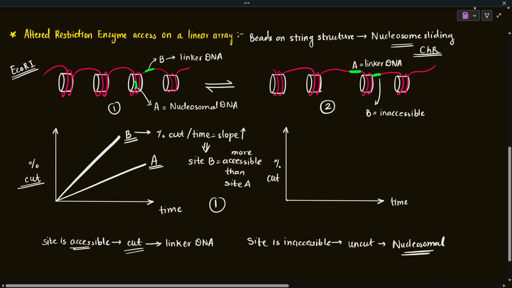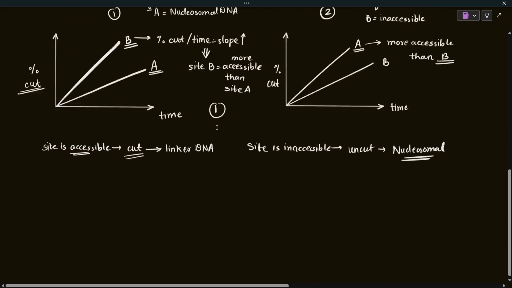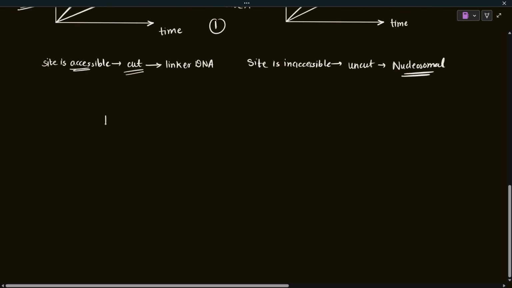The profile for B was this, while the profile for A was somewhat like this. This time they got to know that A is more accessible than B. This is how the researchers were able to tell that nucleosomes are dynamic